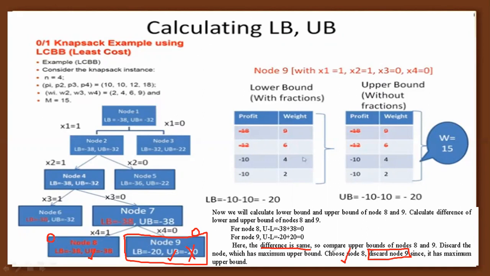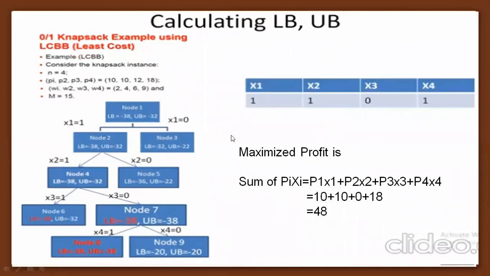We can apply this concept when both nodes are producing the same difference value, upper bound minus lower bound value. In this case, the upper bound value is to be discarded for any one of the nodes, and consider the lowest value of the upper bound. Okay. So friends, here there is no provision of expanding the tree further. Why? Because the tree is to be constructed successfully in a stage-wise manner.